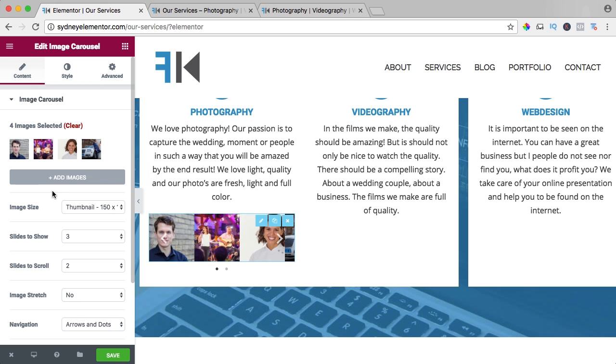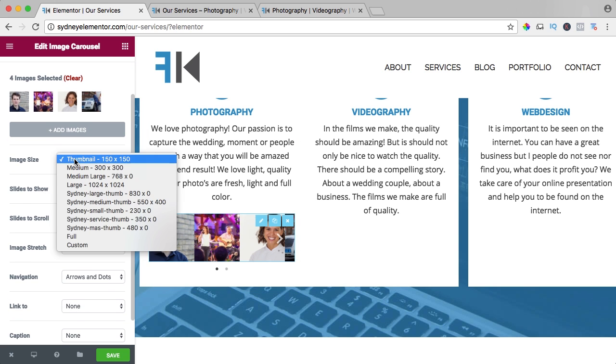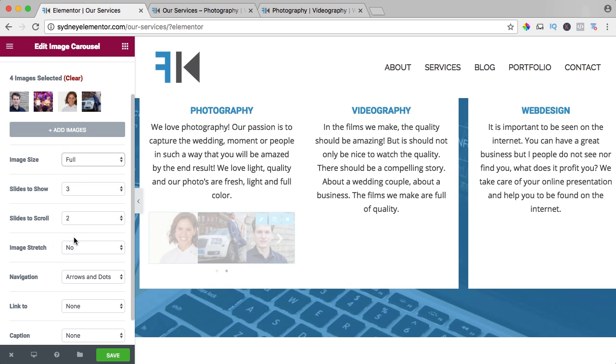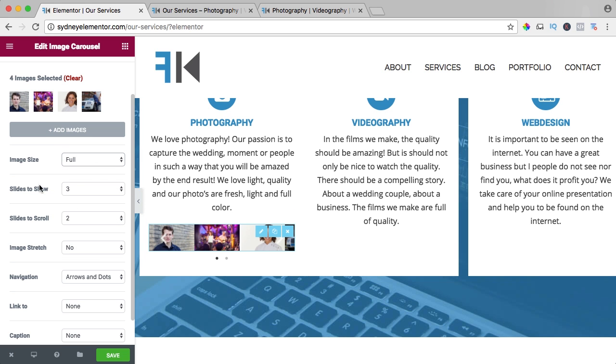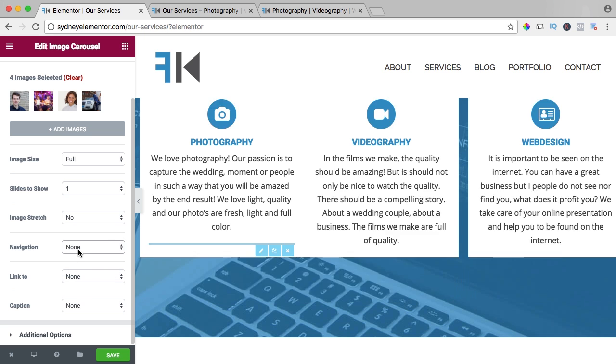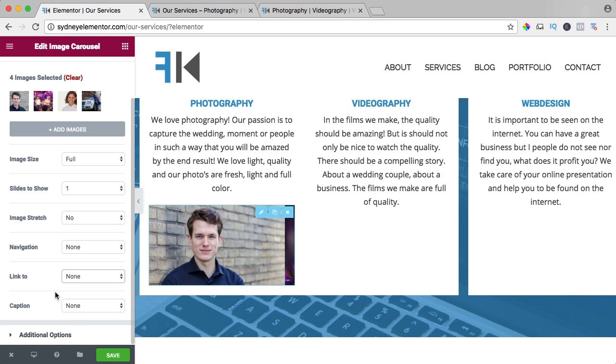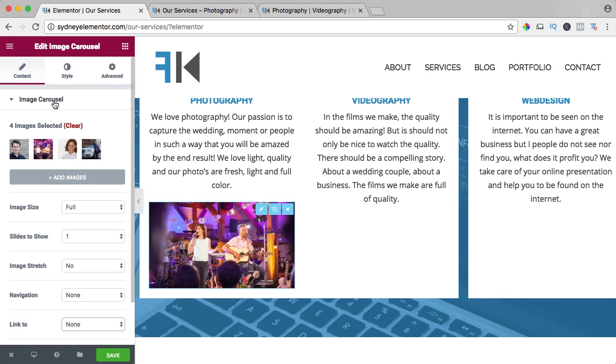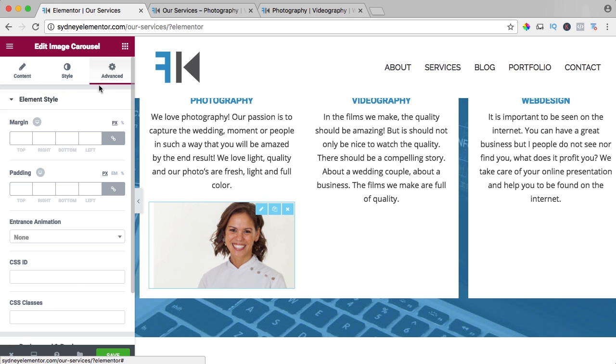I don't want that. I want to show one image. So the image size, I say full. Slides to show 1, like that. And I can say I don't want to show arrows. So I say none. I don't need a link. I don't need a caption. I go to Style and I go to Advanced, and everything is fine like it is. I save it